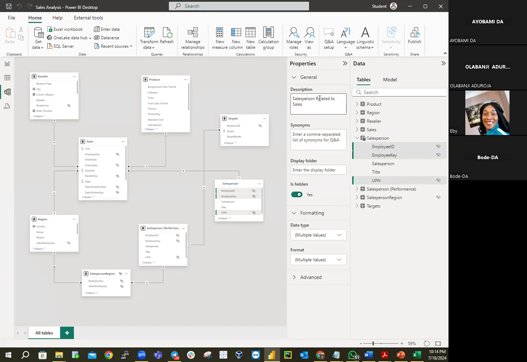Okay, salesperson related to sales. This salesperson will be used to analyze your sales. So you click outside the box to accept it. And remember, if you point to your salesperson, it's going to show that you're